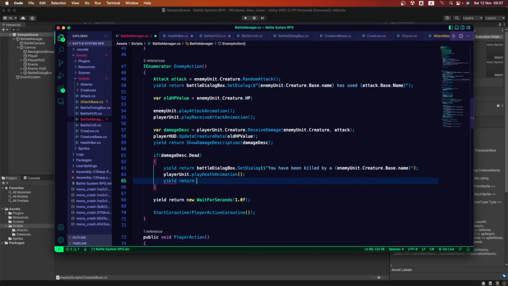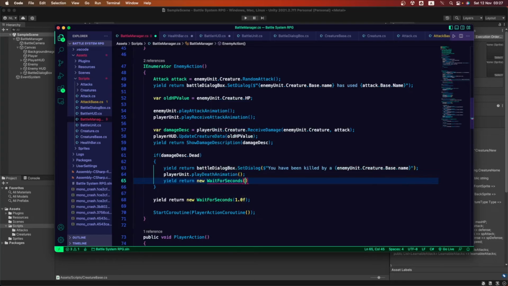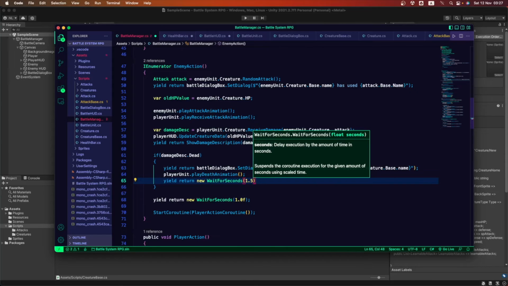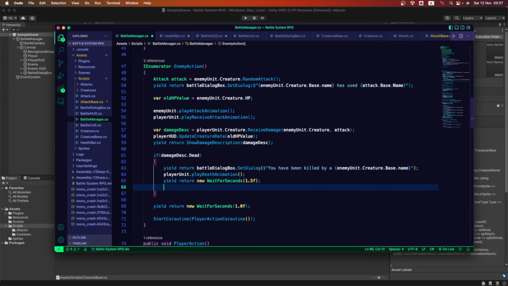Yield return new wait for seconds, 1.5 seconds.